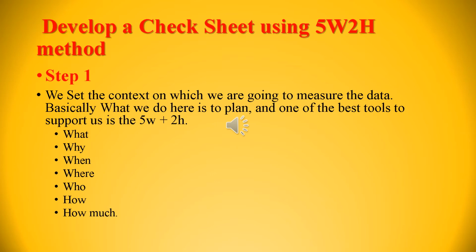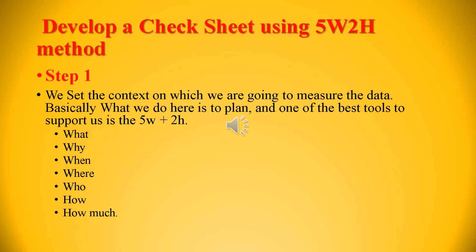Now you know the 5 Ws. What? Then you have to explain the action. Why? Then we have to justify the reason. Third one, where? Then you have to clearly point out the location. Under the fourth one, when, you have to explain the date, time and the deadline. The fifth one, who is going to do it? That means we have to mention the responsible person for that specific task.